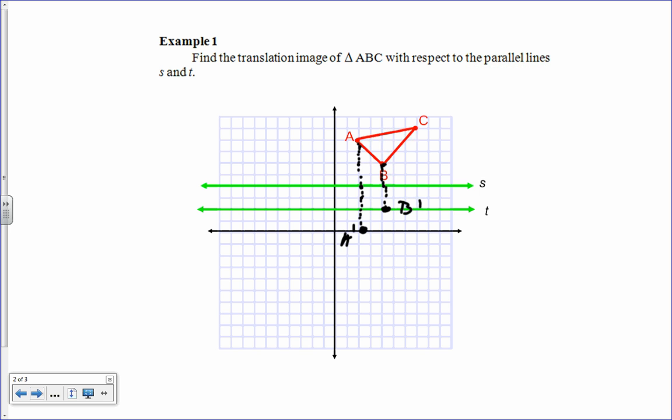A prime. And how about C? We'll do the same thing. So how far is that? 5. So go 1, 2, 3, 4, 5. So down there, and that would be what? C prime. And then if we connect it,